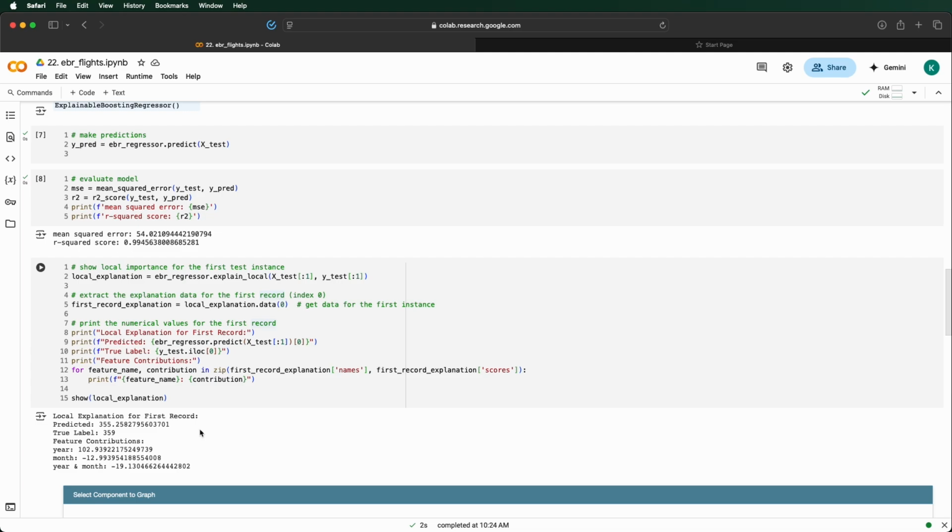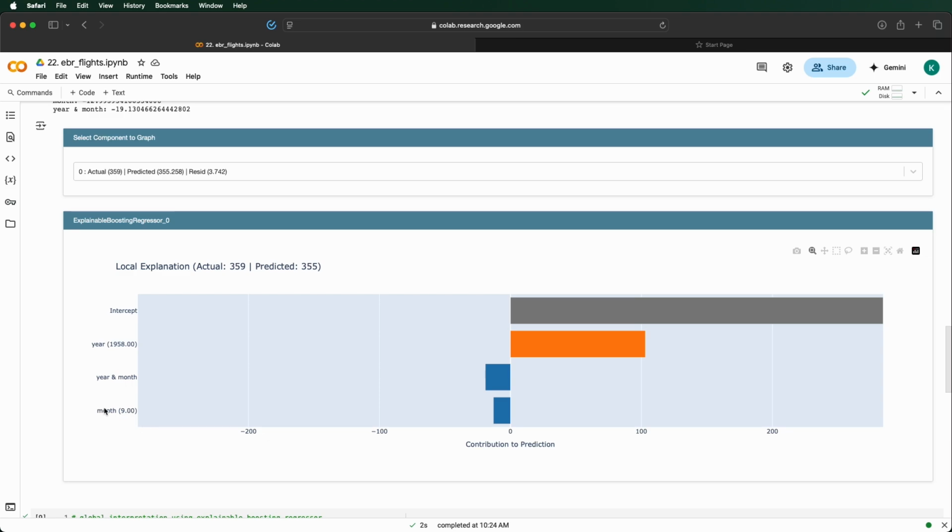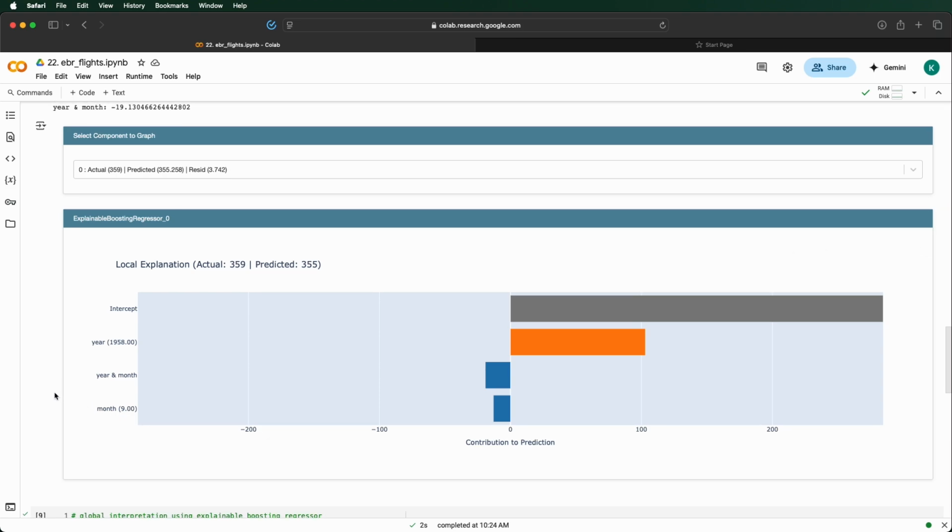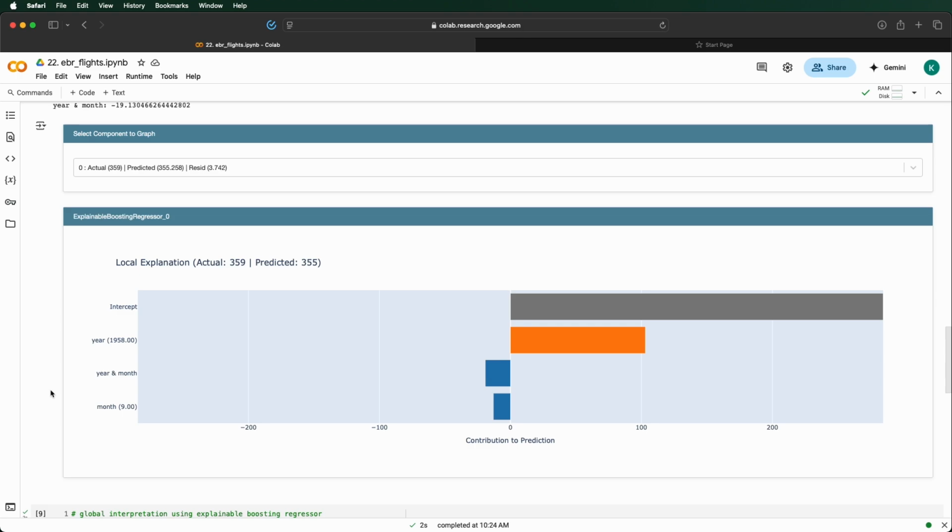downward. On screen, you're seeing the local explanation plot, a bar chart for this prediction. The year bar stretches far to the right in orange, showing its dominant positive contribution of 102.939, driving the prediction up. The month bar, in blue, juts left at minus 12.994, and the year in month interaction, also in blue, extends left at minus 19.130, tempering the prediction. The final predicted value, 355.258, is marked at the top, just shy of the true 359,